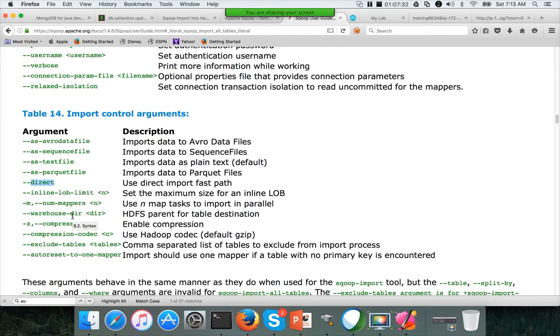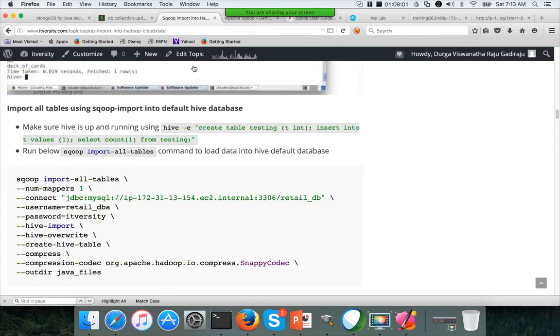--warehouse-dir is the one which you need to use so that the Sqoop import-all-tables can actually create the tables. If you want to use compression, you have to enable compression by just saying --compress, and --compression-codec is to tell which algorithm to use to compress the data. Again, we will get into details about compressions somewhere else. No need to worry about it at this time. But if you want to know the syntax, there is a code snippet here. You can see the sample for compression here.